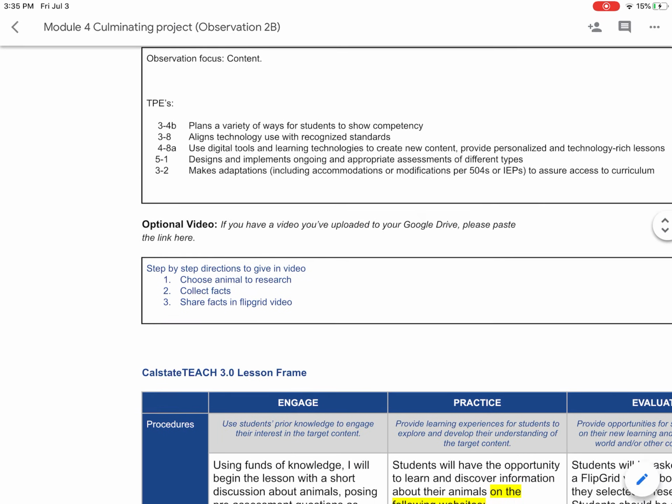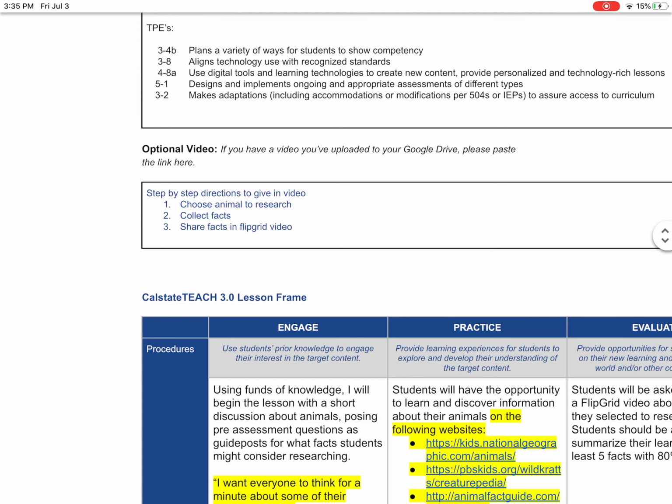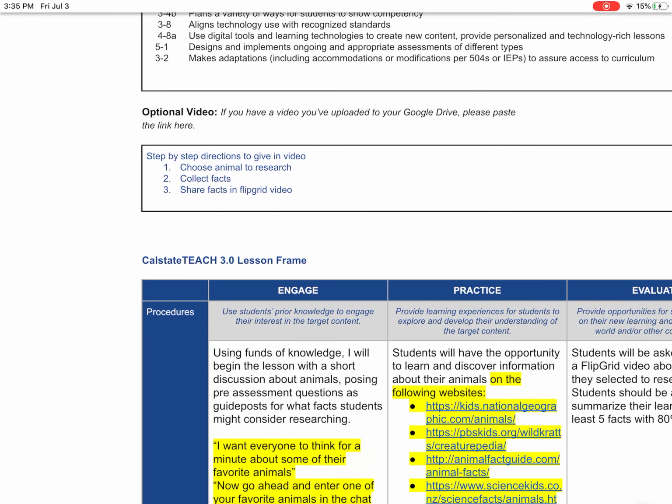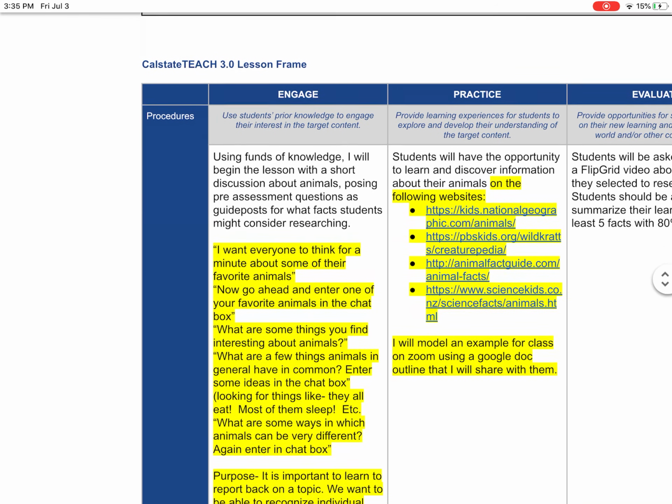Then the TPEs. And for a future video with an actual class, I would give them step-by-step directions, clear instructions. Okay, so